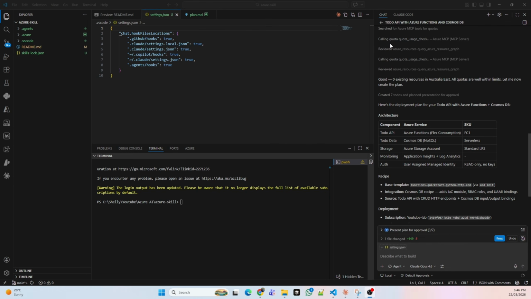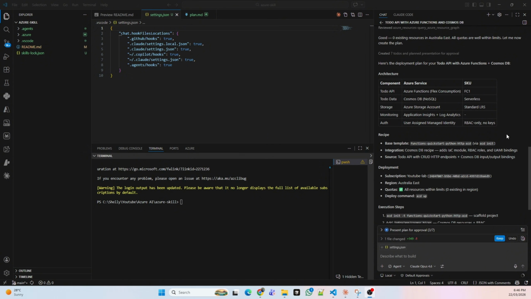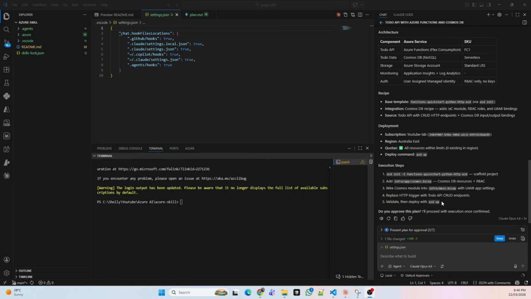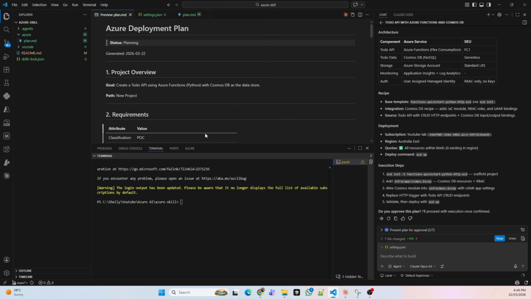Now, it checked the quota and saw that there are 0 existing resources in Australia East for the services which we are going to deploy: Cosmos DB, storage account, and all those. Then it created a plan and it's asking us to approve that plan. So now when we go here, review,